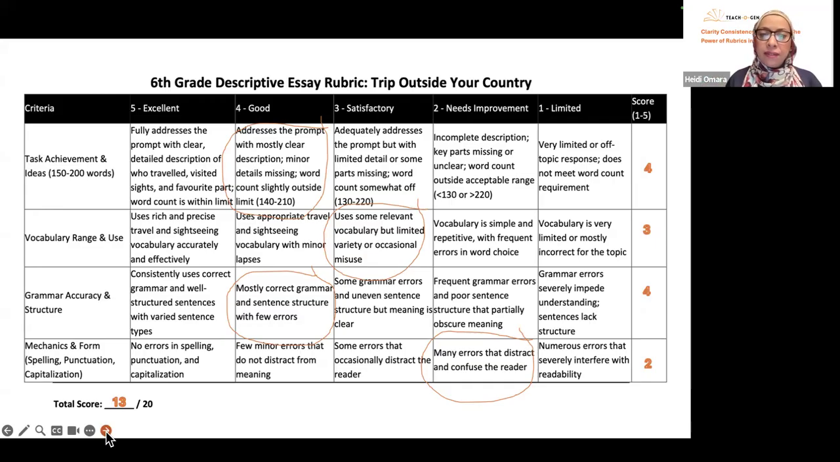Now the student, when he receives this rubric in hand, will look at it and say, "I'm here at 4. So what is wrong? Maybe the prompt with mostly clear description, minor details missing, word count slightly outside the limit?" Which one of them? You can even use a highlighter to highlight the problem. So if it is not about the prompt or the details missing, maybe it's only the word count, then you can highlight the word count for this student. So you circle here, you circle here, you circle here, and then you